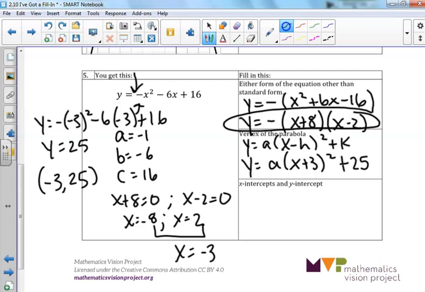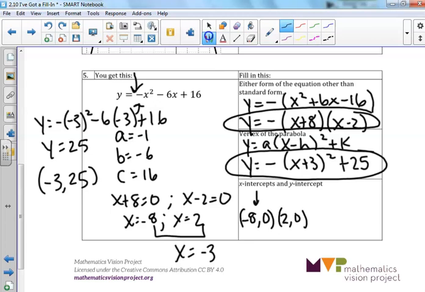In this case, our a value is -1. We can write a -1, or we can just write a negative. So our vertex form here would be y equals negative times the quantity x plus 3 squared plus 25. We've already written out our x-intercepts. Our x-intercepts are (-8, 0),